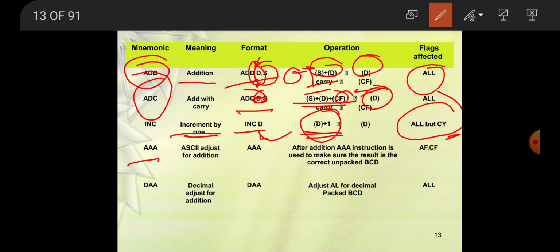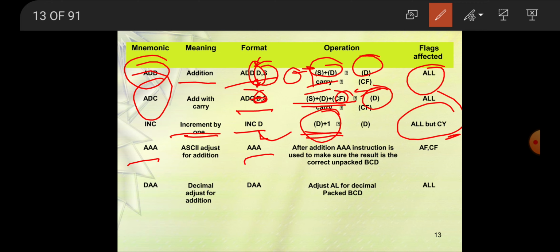Now this is AAA, that is nothing but ASCII adjust for addition. Its format is simply AAA. After addition, the AAA instruction is used to make sure that the result is correct unpacked BCD, that is binary coded decimal.